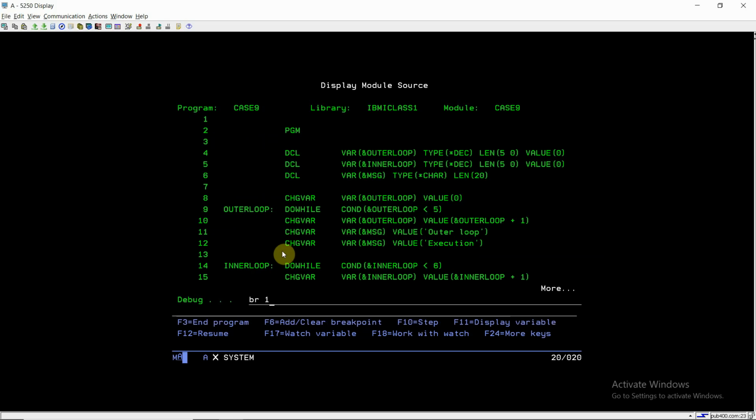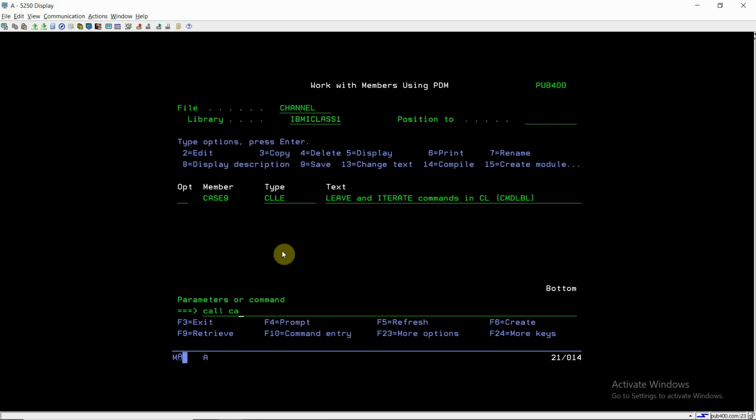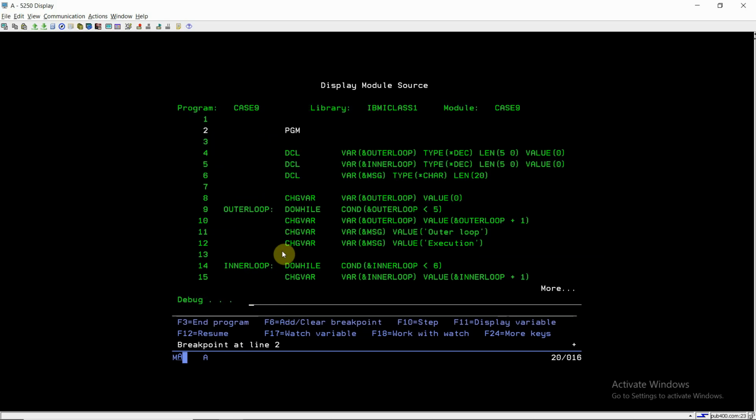Breakpoint at line number 1, call case 9. So here I can see the outer loop value is 0 currently, where the condition is true. The outer loop becomes 1, the commands are executed, the inner loop value is 6.